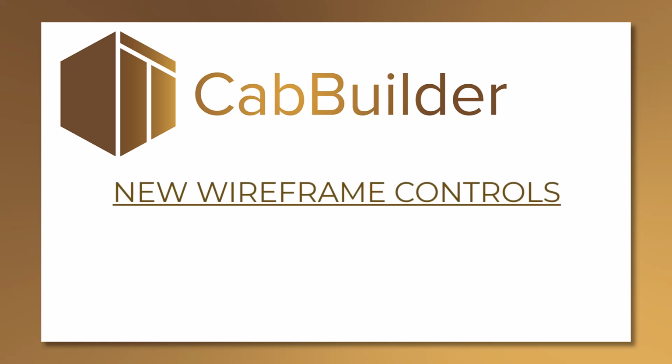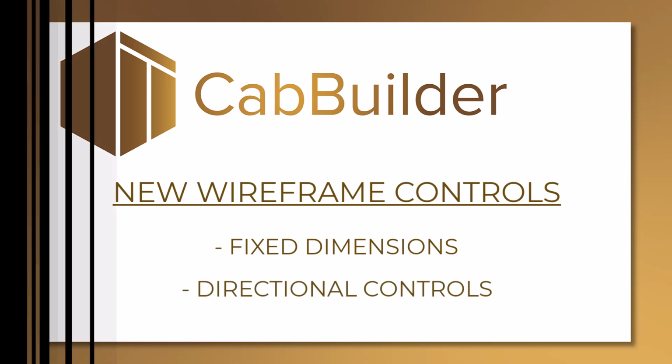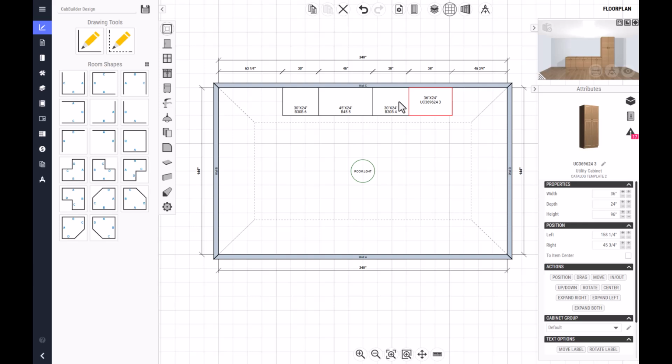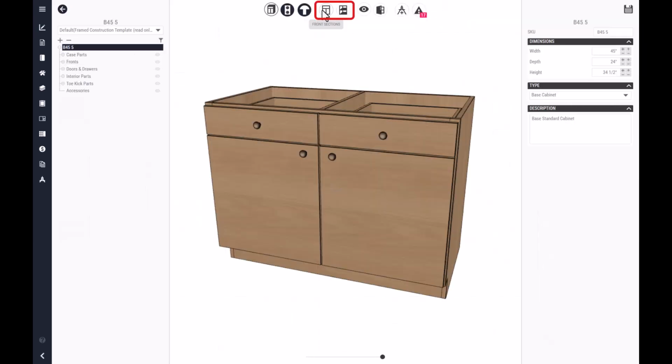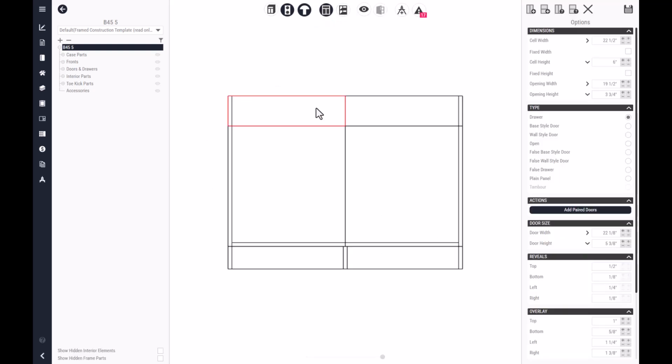Today we are going to be discussing some of the new controls that were added within the wireframe editor. Let's start by opening a design with some cabinets already in it. Now we are going to select a cabinet, open up the wireframe editor, and take a look at the front and inside sections. First, in the front section, select the top left drawer and then look at the right side